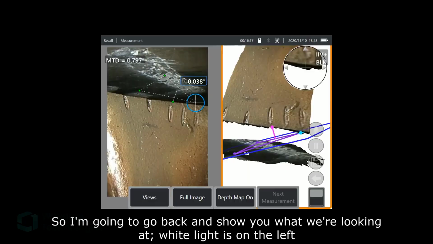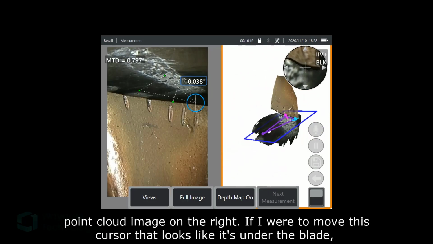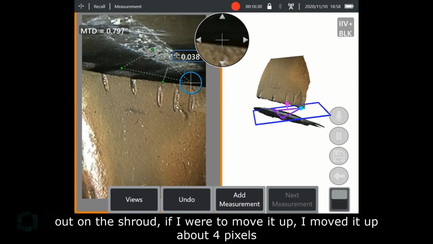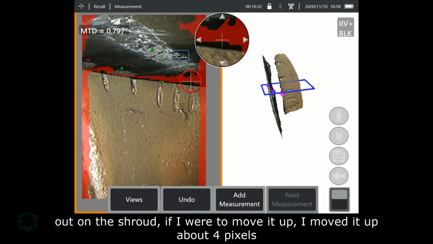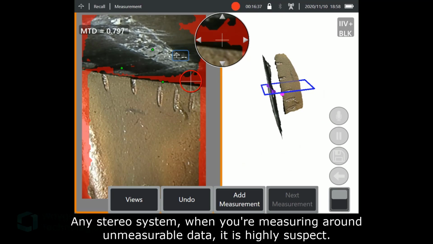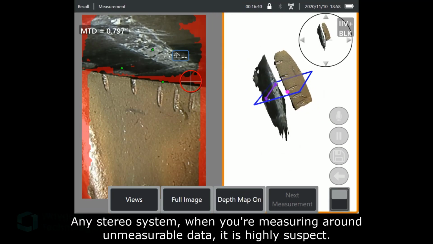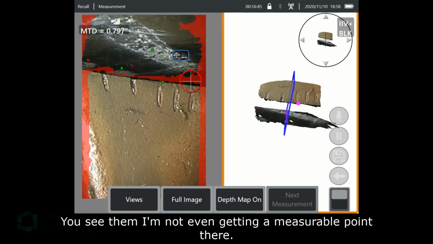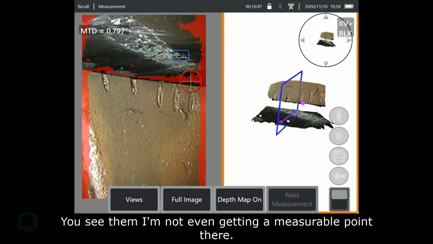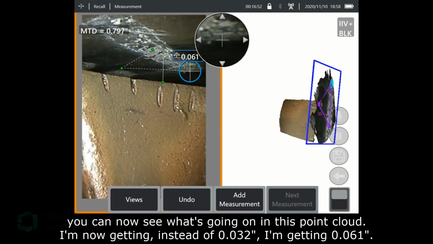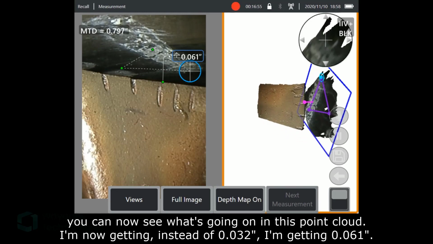White light image on the left, point cloud image on the right. If I were to move this cursor that looks like it's under the blade and out on the shroud, if I were to move it up, I moved it up about 4 pixels, and you notice it's around unmeasurable data. Any stereo system, when you're measuring around unmeasurable data, it is highly suspect. And so you see that I'm not even getting a measurable point there. If I continue going up north with that red cursor, you can now see what's going on in this point cloud,